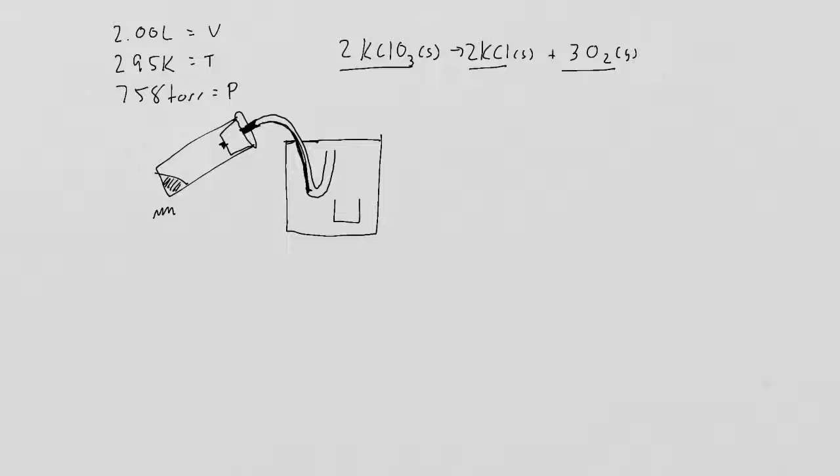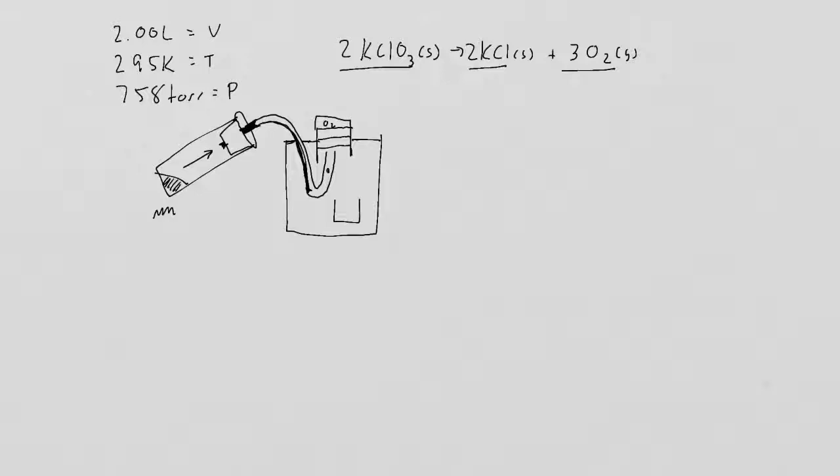As the gas evolves, it will move up, forcing other things out of the way, and it will start to bubble through this liquid right here. But what you can do is take a cup that's filled with liquid and put it over the top like so. The liquid in this cup will slowly get displaced with oxygen and move down like this. And so you can trap your oxygen here, and because it was collected over water, you know it's just oxygen. Now, in the olden days, they would do this with mercury,